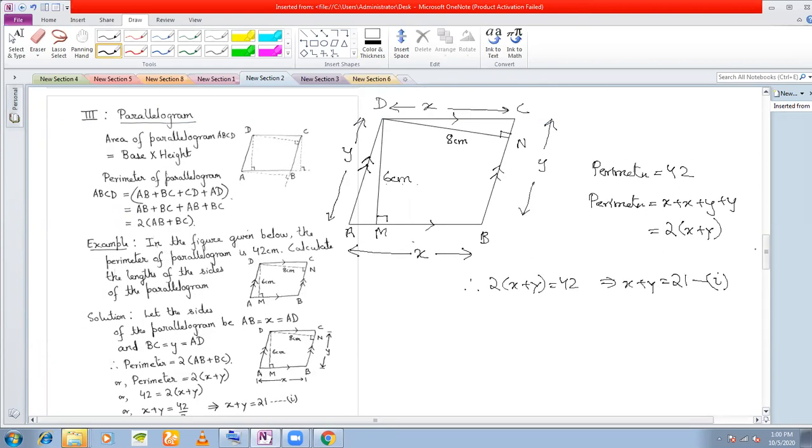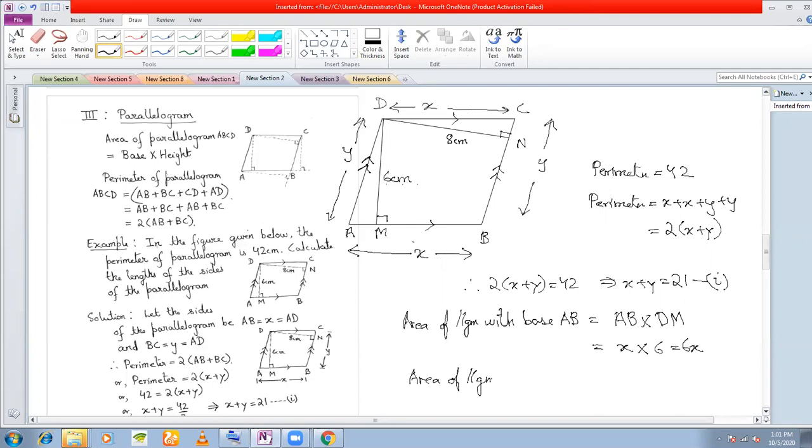How? We're going to use the area formula. If you see here, if you consider X as your base, or AB as your base, what is the area of a parallelogram? Area of parallelogram with base is base into height. AB is the base, and what is the height? DM. This time we'll consider DM as our height. So this is X into 6, which is 6X.